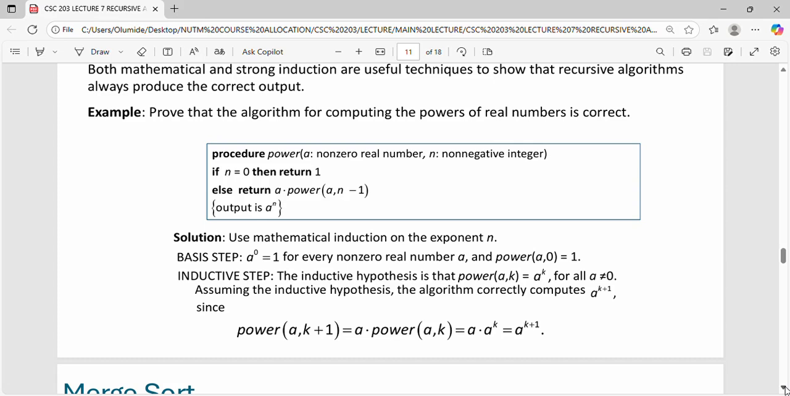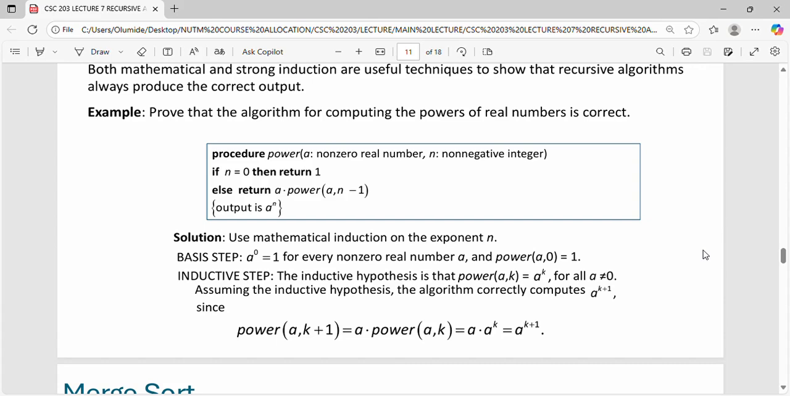The inductive hypothesis is that power(a, k) is equal to a raised to power k for all a not equal to 0, because there's no way to carry a equal to 0 up there. So assuming the inductive hypothesis, the algorithm correctly computes a raised to power k plus 1,